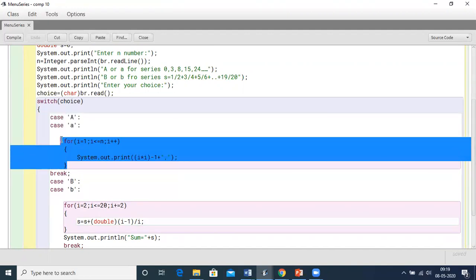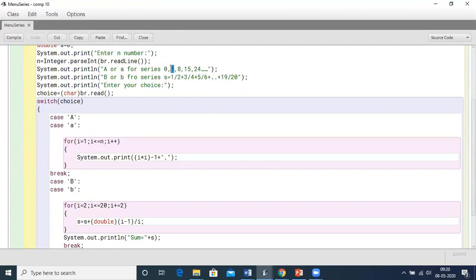Now as you know, the formula of the series is the square of the natural numbers minus 1. If it is 1, 1 minus 1 will come 0. If it is 2, the square is 4, minus 1, the next number is 3.